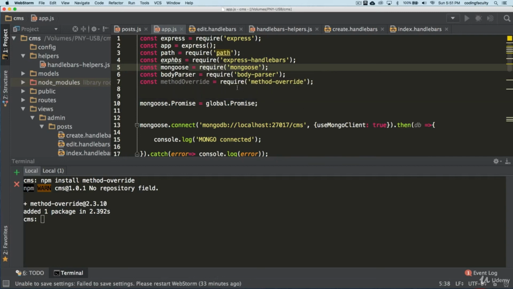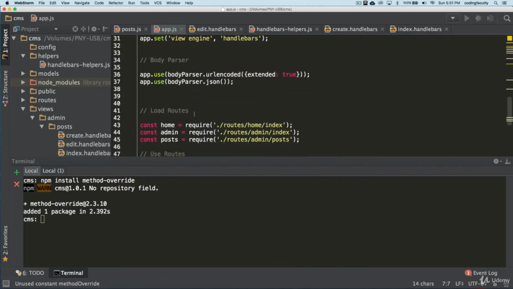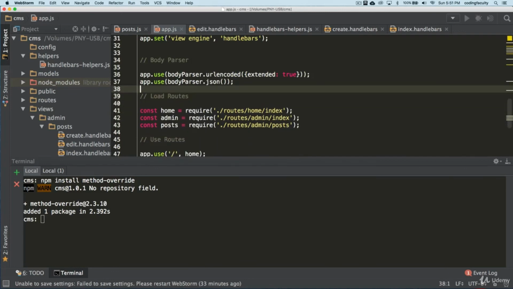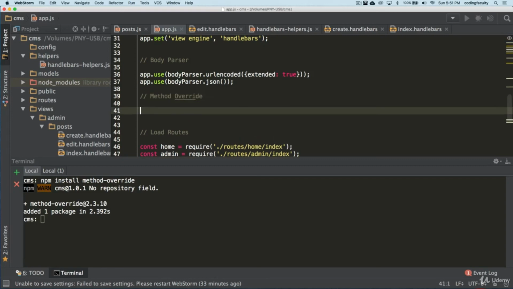All right, I'm going to copy this, and now what we need to do is app.use, like this.